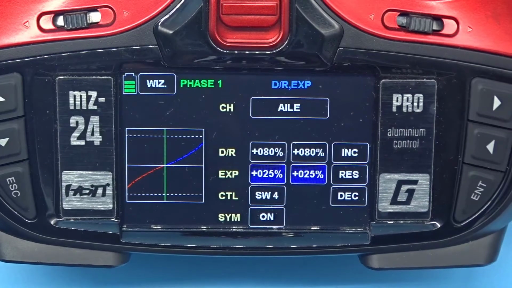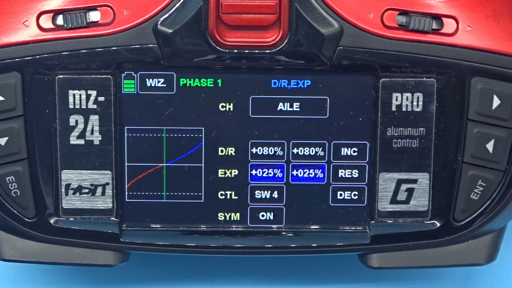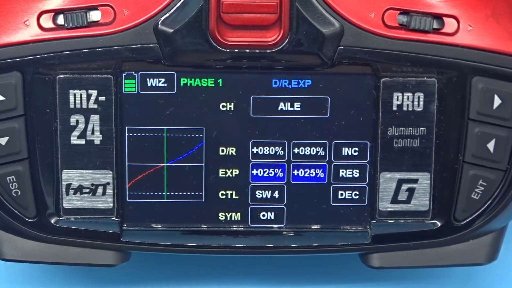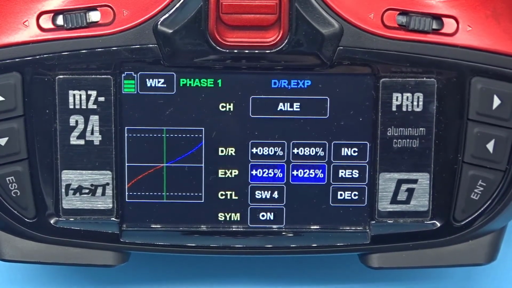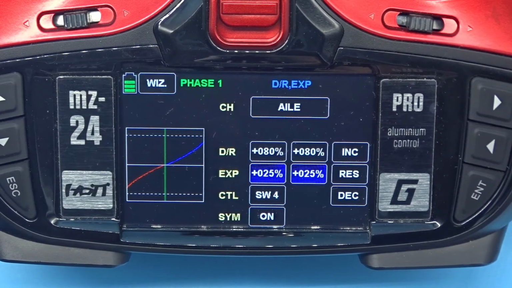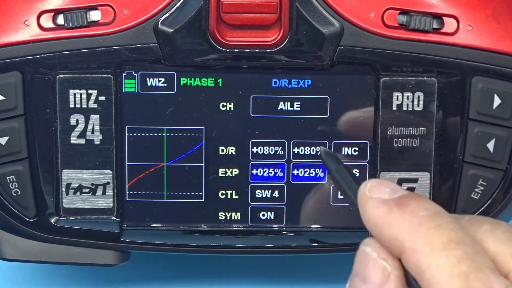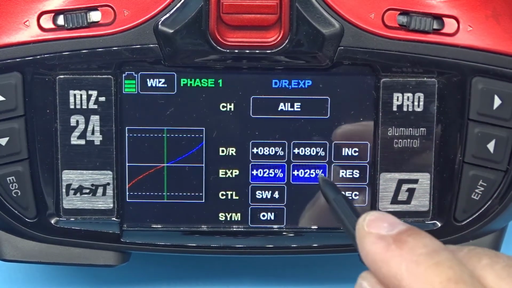Exponential is a matter of personal preference. There are no standards. People who fly 3D often have really high exponentials in the center so they can get the full controls, but they don't want it to overreact when they're in the center of the stick. So we set another rate of 80% with a 25% exponential,